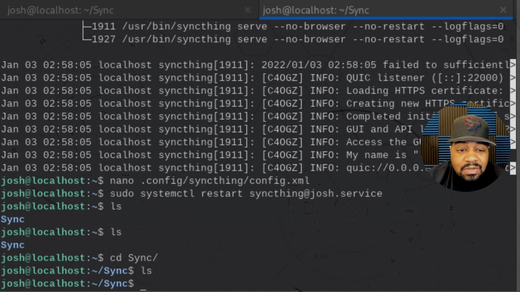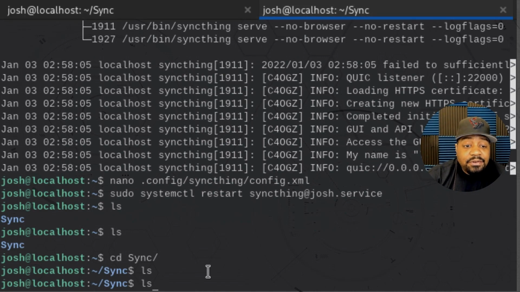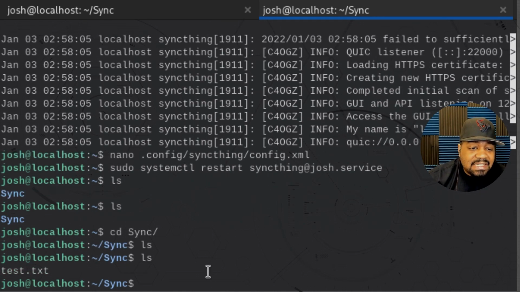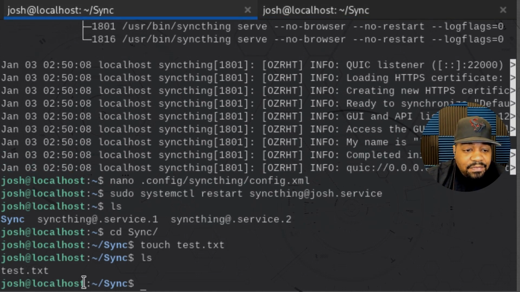So boom, let's open it up, and we can ls this sync directory. I just basically cd to that directory, and if we ls it, you'll see that we have a test.txt, and I created that file over here on the sync 1 server. And once we set up the sharing, this file actually synced over to the other server,